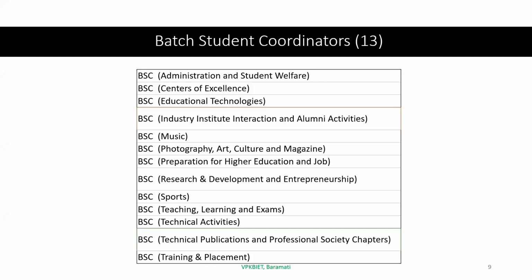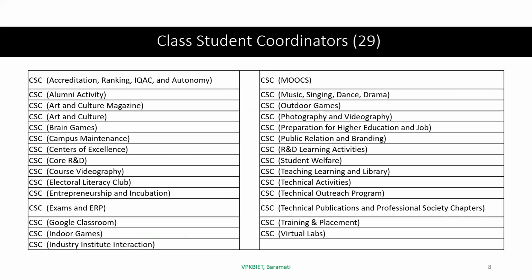Now you can see the effectiveness of these coordinators. Out of 20 students or 23, 25 students in a batch, we have 13 ministers. And in a class there are 30. If we just take from these students only, these 29 coordinators, maybe there are 3 or 4 batches for, let's say, sports, and one of them will become the class coordinator for sports. We will have a sports coordinator here also. But as we can see here, we might have additional sports coordinators here.